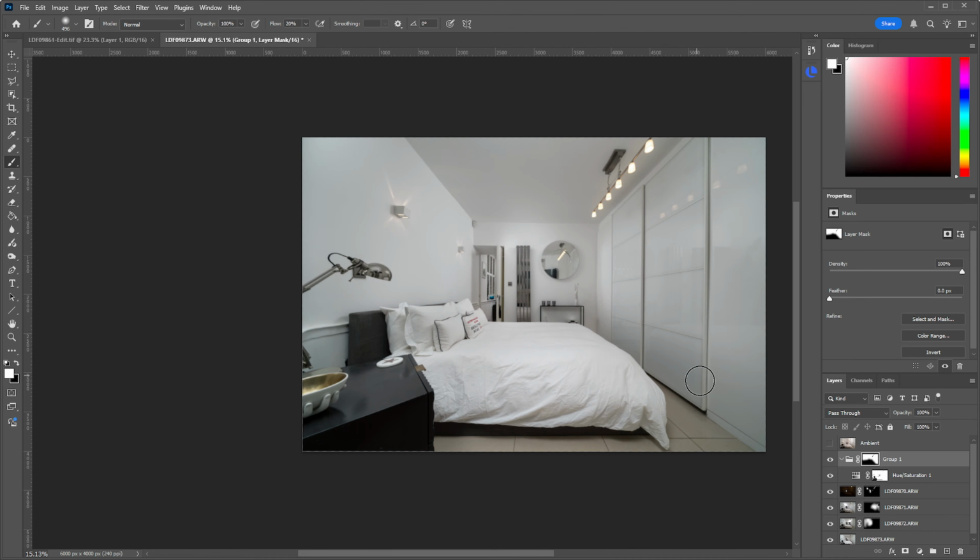But apart from that, I think that looks pretty decent. Maybe in the bedding. Okay,